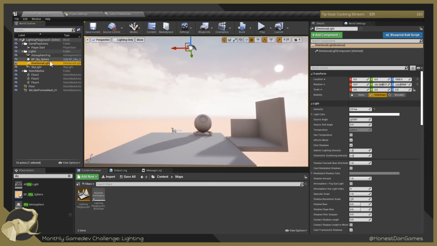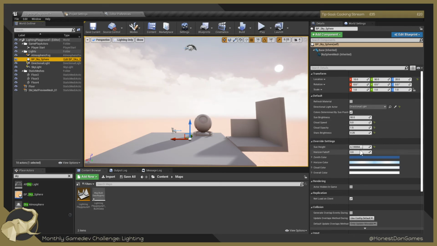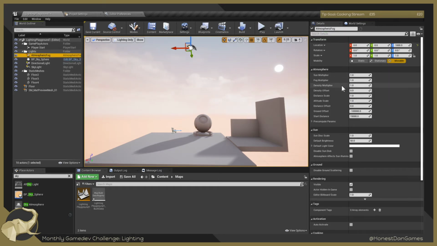Maybe I should reduce the amount of clouds because it's quite intense at the moment. Let's just put it at 1. 1 is fine. Okay. And yeah, we are going to play around with the atmospheric fog. And what do we want to look at? Sun multiplier. Okay, so that's like applying the color of the sun to the fog, I guess, right? Yeah. That's a haziness